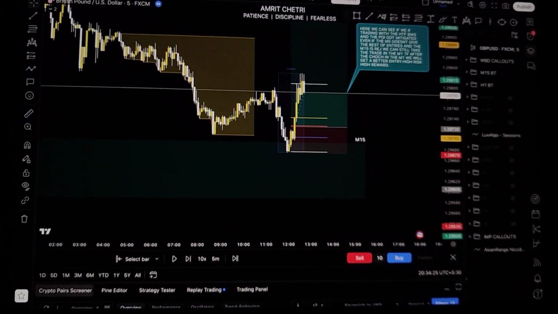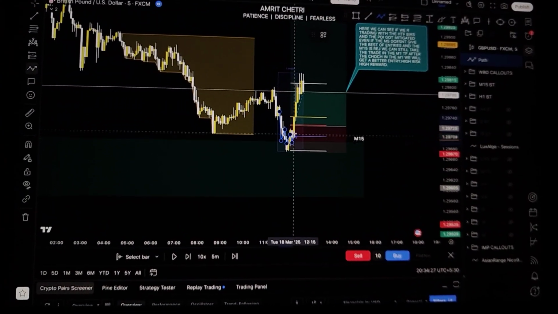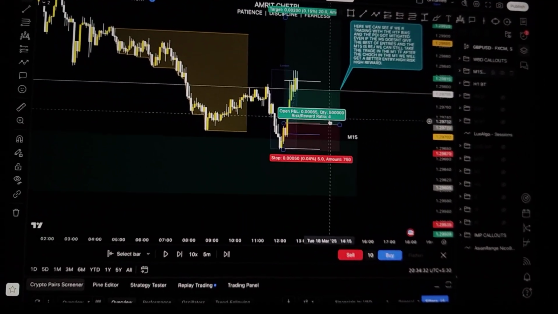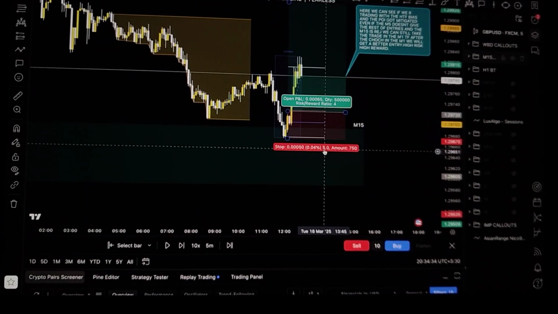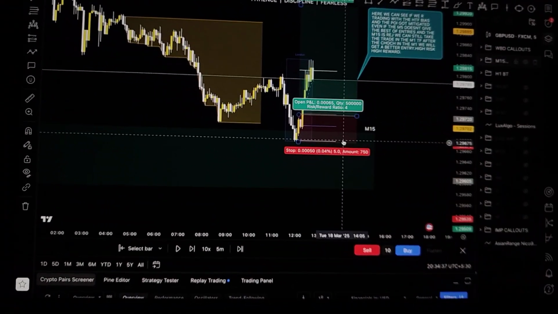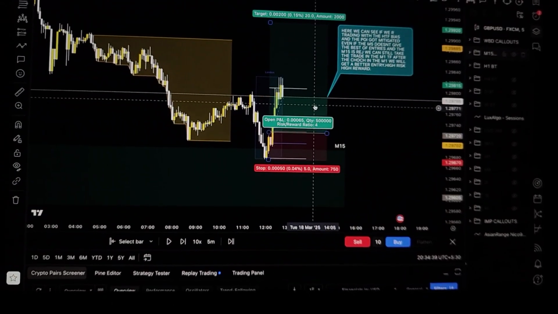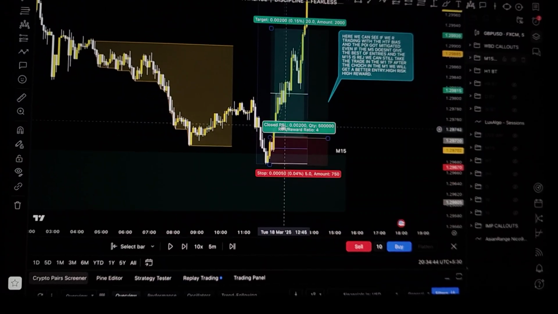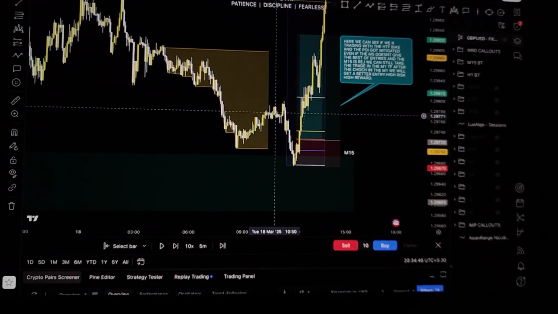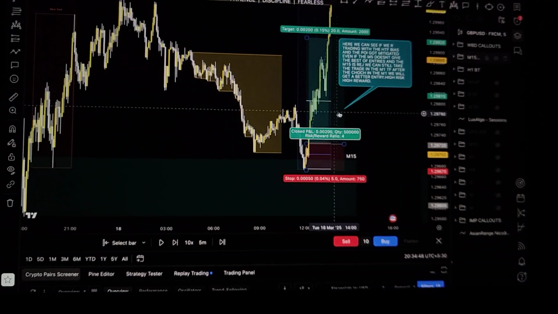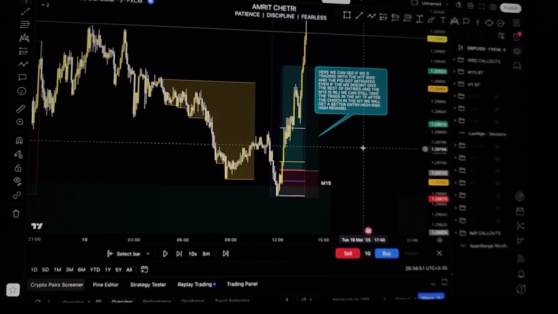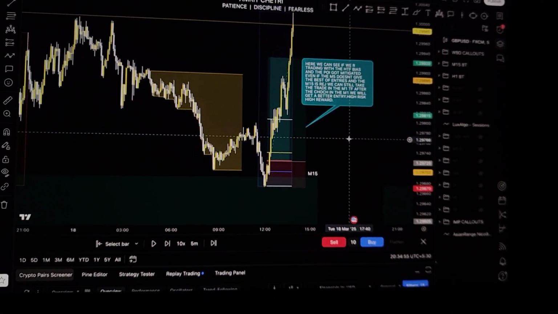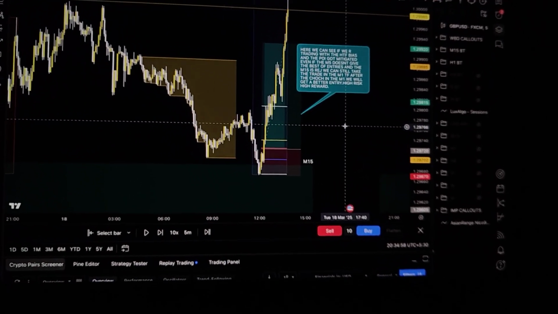I can guarantee you for a fact on the M1 we could have got something like this, and then a change of character would have happened on the M1. Yes, it is high risk, high reward. Trading on the M1, I will get a beautiful entry, like a 5 pip entry, but the reward also will be very high. In this case, I trust my strategy, I trust my instinct, I trust my intuition. So here I could have taken the trade on M1, and if your higher time frame bias is clear and your other confluences are met, even if the M5 is not giving you the best of entries, you can take it on the M1.